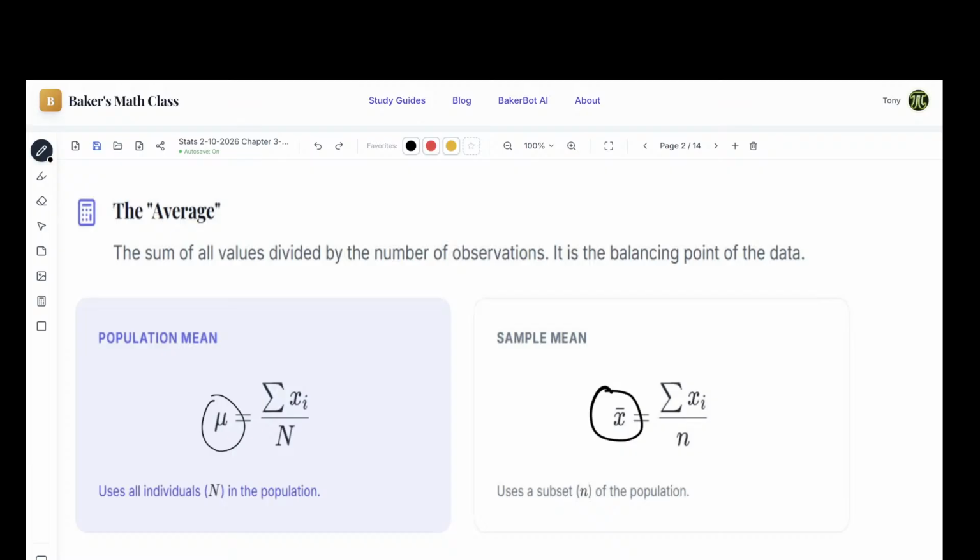You do not need to memorize these formulas. I'm not going to ask you, what's the formula for mean, and have you write it down. I'm not going to do that. You have to know how to use it. If you remember this is the symbol for summation, all I have to do is add them all up, you're good. The two things that you will need to know, because you're going to see them a lot going forward, are the symbols for mean and sample mean, the mu and the X bar. Those do come up quite a bit.